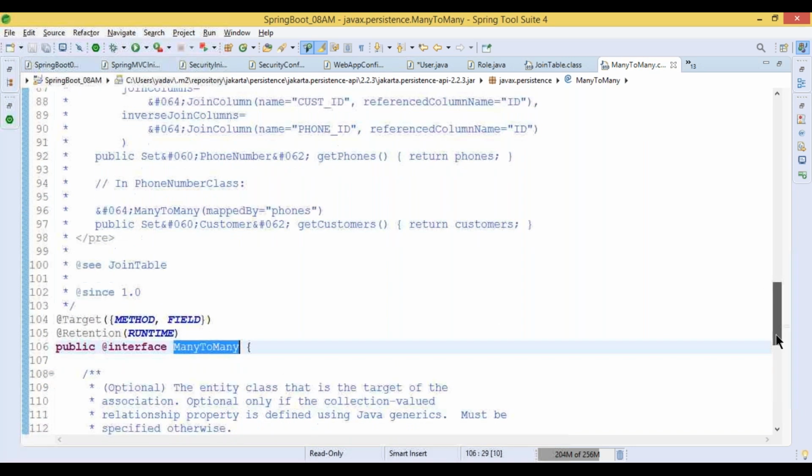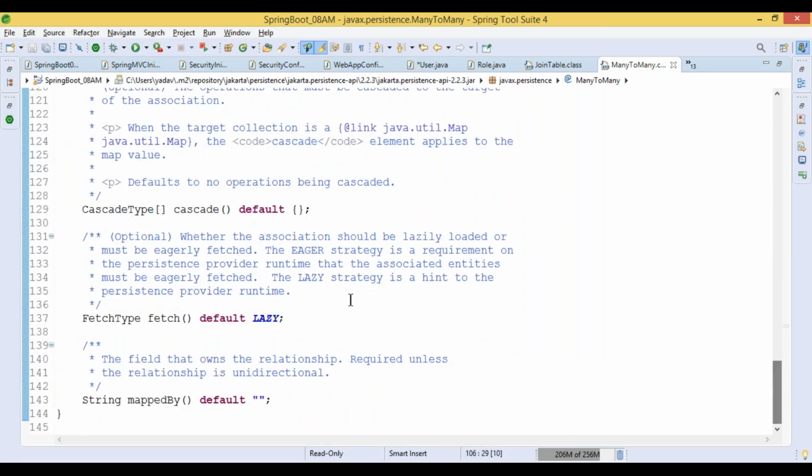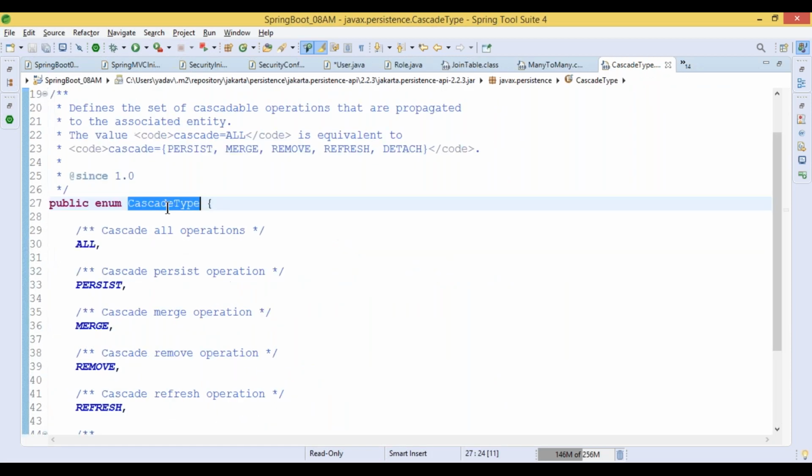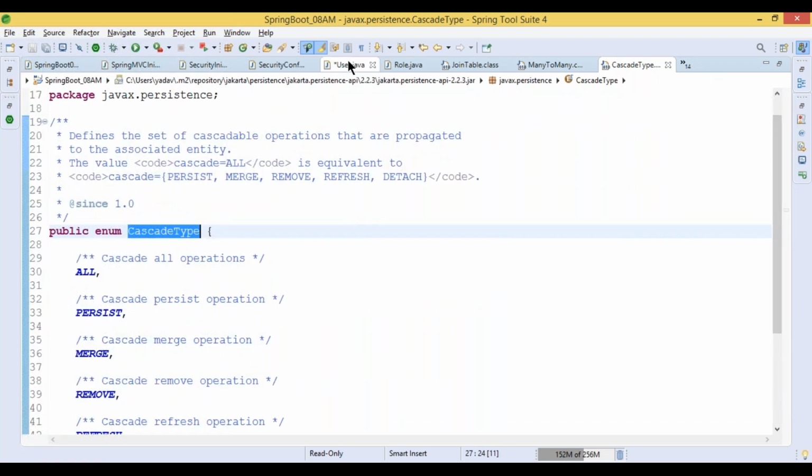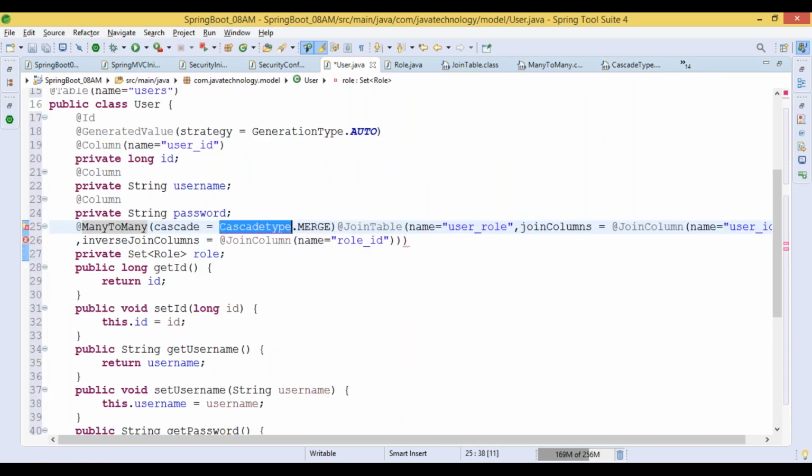What is the name of the cascade? CascadeType. CascadeType.MERGE. Okay.